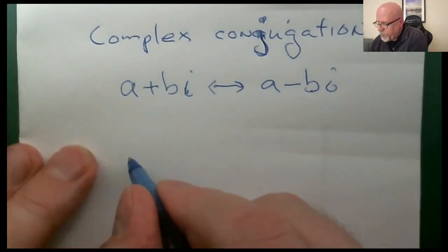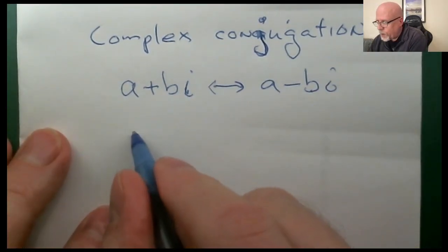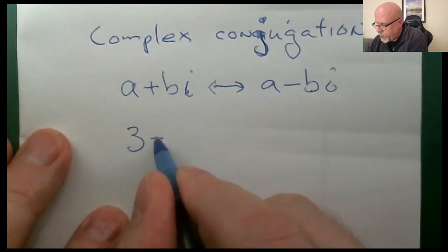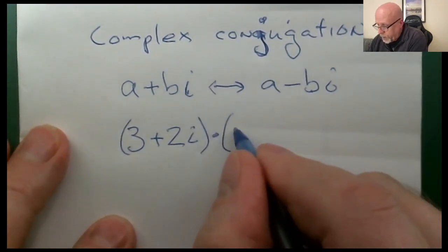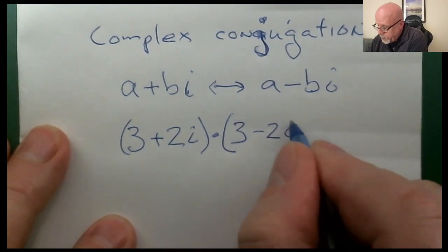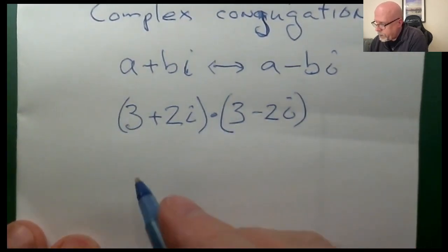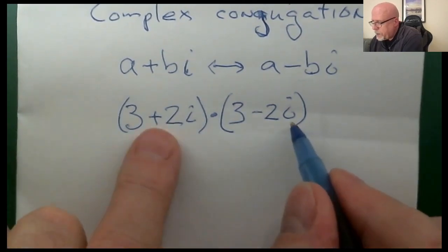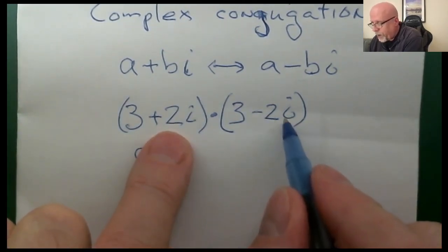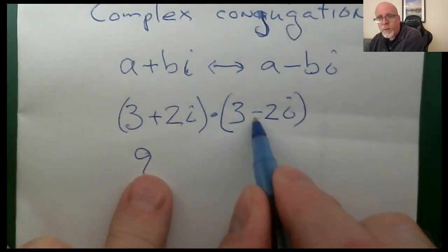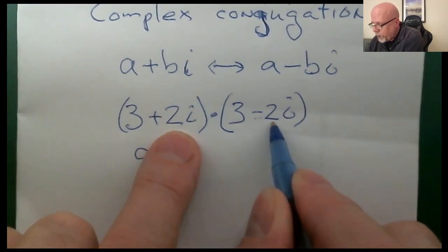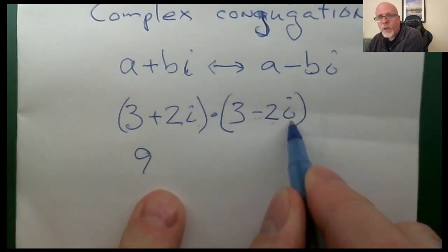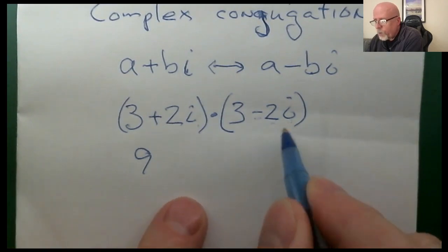Well, check out what happens when you multiply a complex number times its own conjugate. I'm going to do just a simple one, 3 plus 2i. The conjugate of that will be 3 minus 2i. And let's FOIL it. 3 times 3 is 9. The last times last, watch out for all this stuff here. There's a minus sign because of the minus in there, and there's the numbers 2 and minus 2. Multiply those together, you get -4. Then there's another minus sign because we've got an i squared in that product of last times last. So all told, that's plus